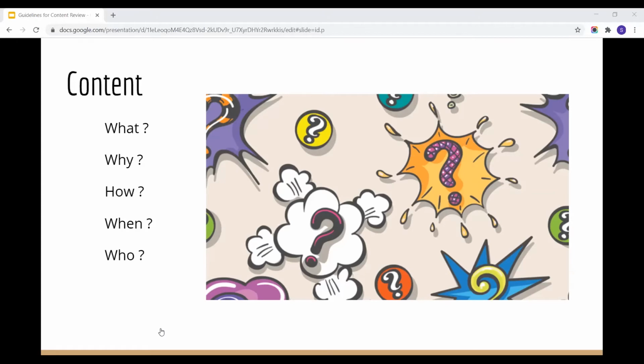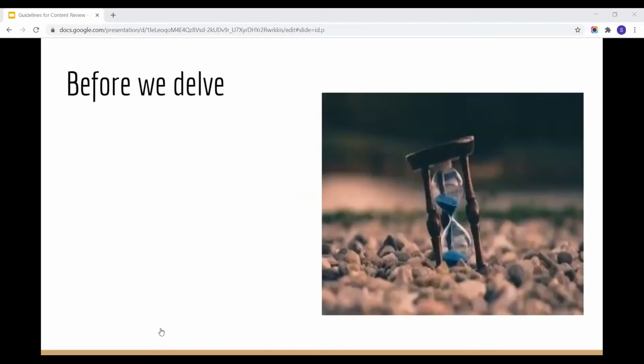When and how you can actually apply these guidelines to your use cases to do the review is something we will come back to towards the end of this presentation, and also who can do this review, something that we will pick up towards the end again. Now, before we really delve into the NIF specific guidelines for the review, let me tell you all that these guidelines are extremely specific to NIF. However, let me begin with something that's pervasive across all SIM implementations, and this will help you reconfirm a few facts of your own SIM implementation.